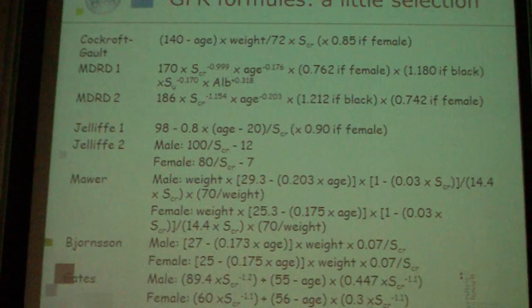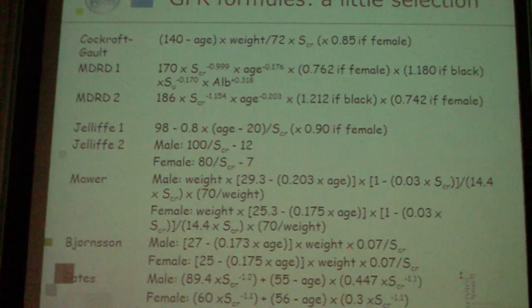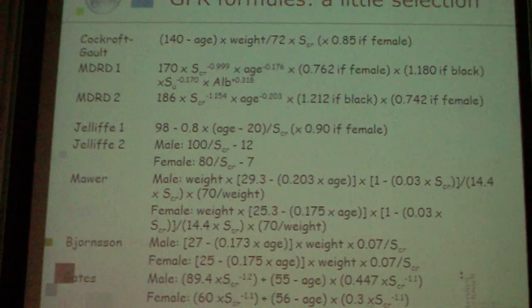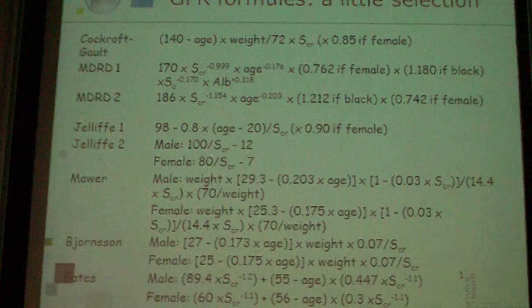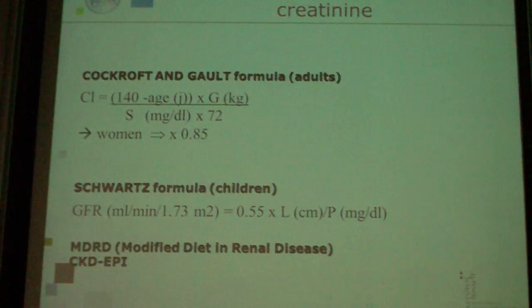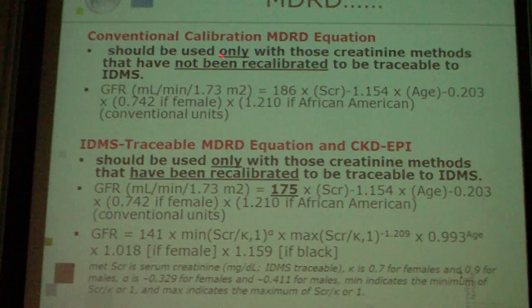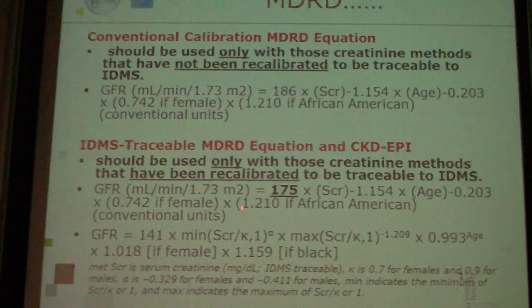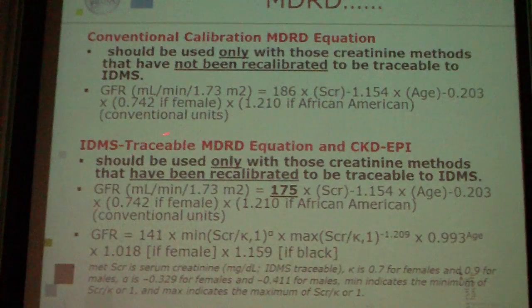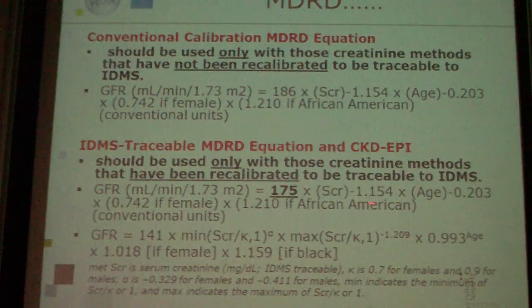You have different calibrations of the methods, so preferably use a method that is IDMS calibrated, and you check that the formula uses these creatinine values. For instance, if you can see here, these are the conventional formulas in which you have this factor, and these are the new formulas with new calibrations. These are traceable to IDMS, and then you have a totally different formula. So it's important to check for this when you use automated